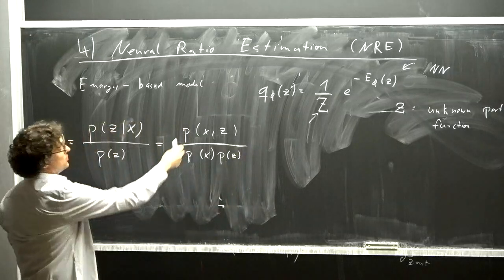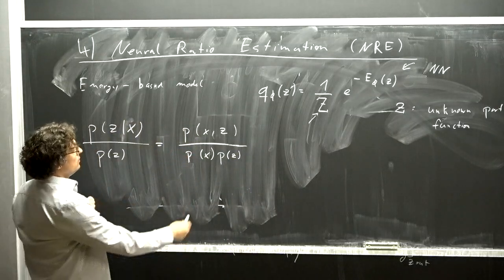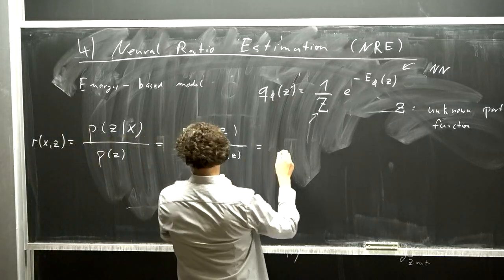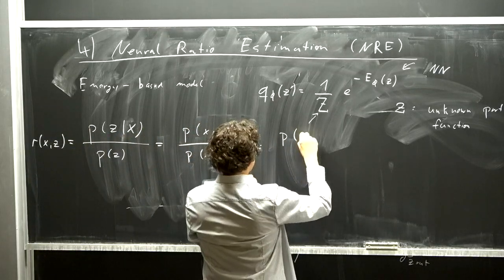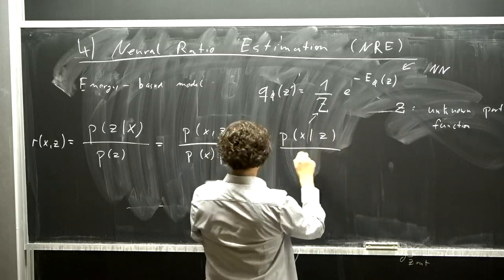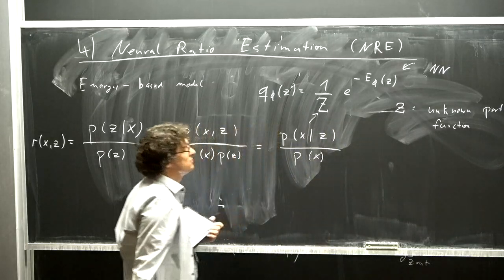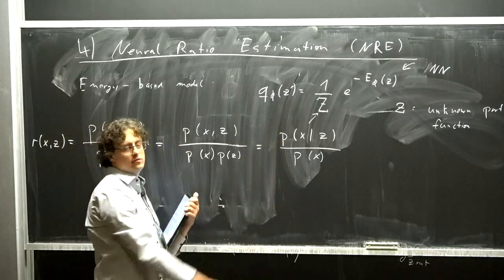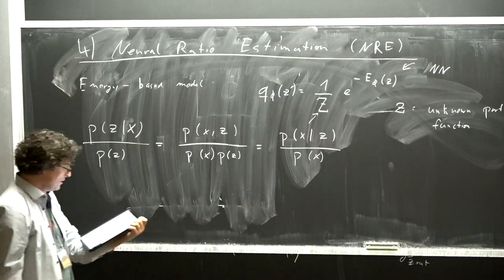So this is now the joint distribution divided by the marginal distribution. I will say in a second what that actually is, and then we can divide, if you want, by the prior on both sides, and we get this expression. So this here would be now likelihood to evidence. This is all the same, just different versions of writing the same thing.